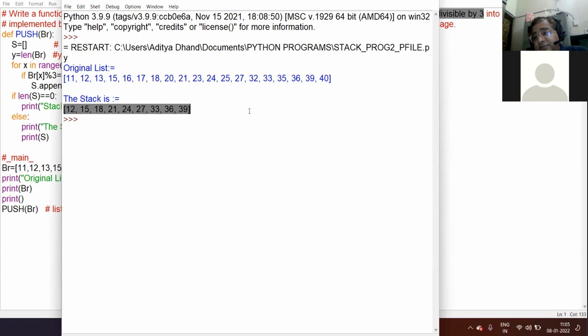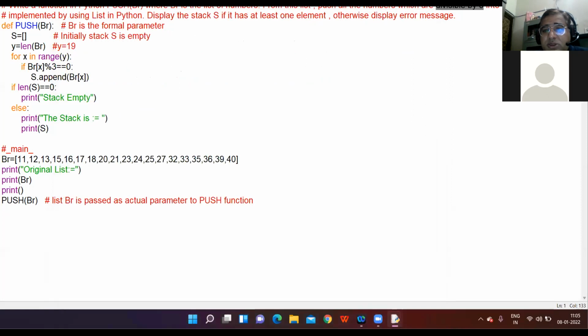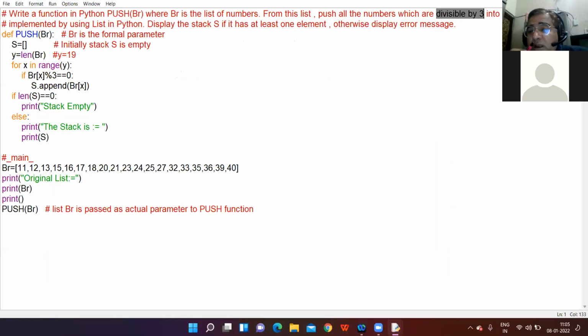Clear? Any questions? Any doubt? So this is the second program which you are to transfer to the practical file. First is the stack program. This is the term 2 file I'm talking about.